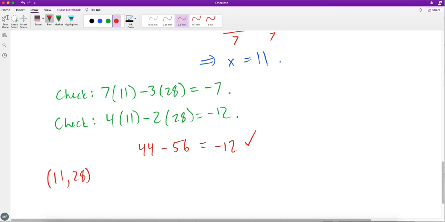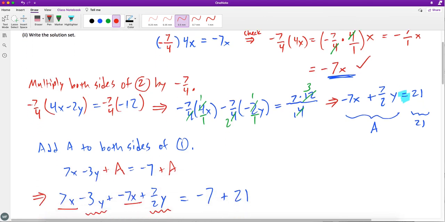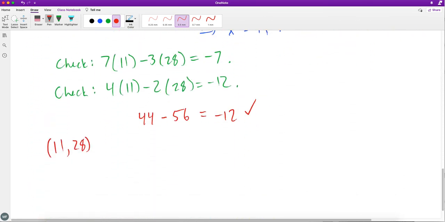There is a part 2 though. Part 2 was to write the solution set. That is actually really easy since there's only one solution. Our set only contains this one solution, so it's just the set containing this single ordered pair of 11, 28,